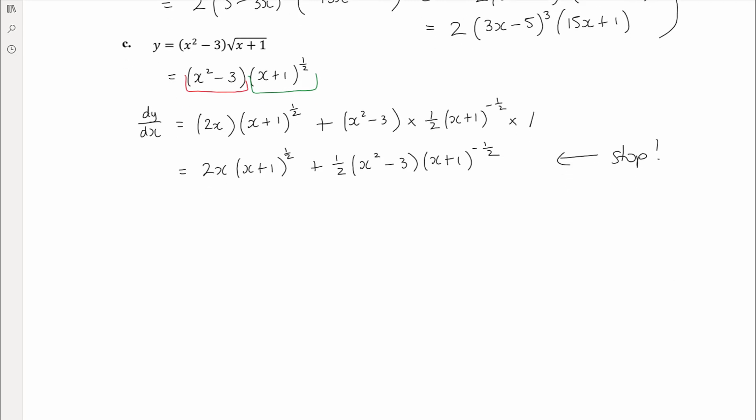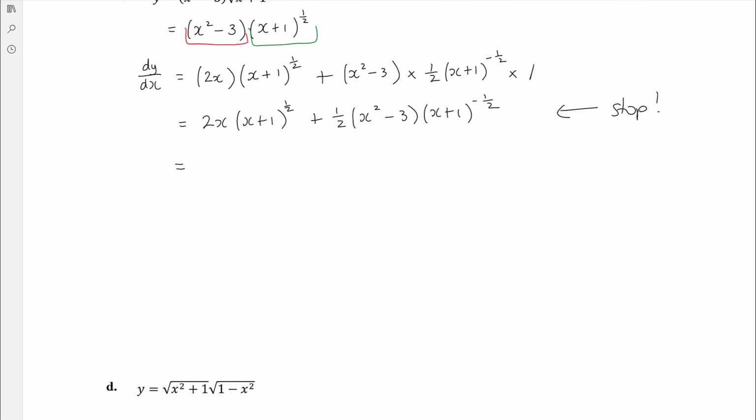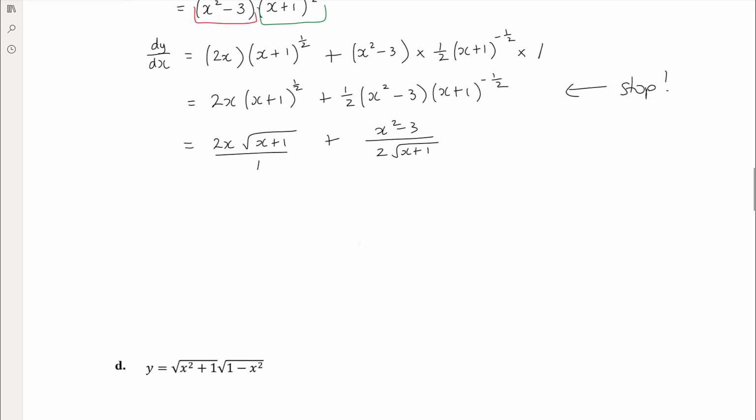However, you might be asked to write it in a particular form, so let's work through the algebra of how this might be able to be written in different ways. So this is 2x times the square root of x plus 1, and this is x squared minus 3 over 2 times the square root of x plus 1. If I then want to combine those terms together, I'm going to need a common denominator. So this is already over 1. So if I multiply the top and the bottom here by 2 lots of root x plus 1, so I'm going to get,